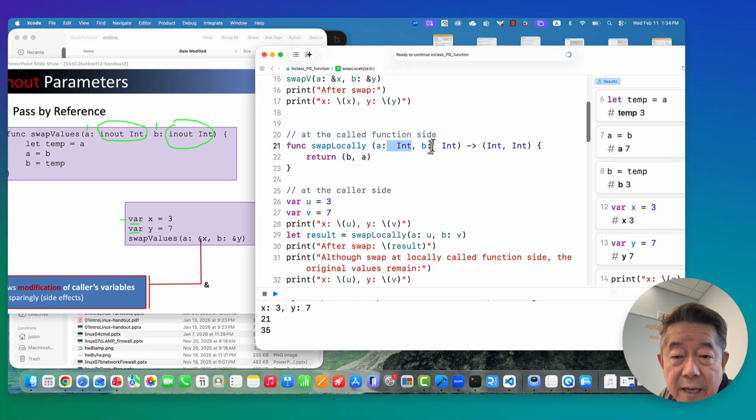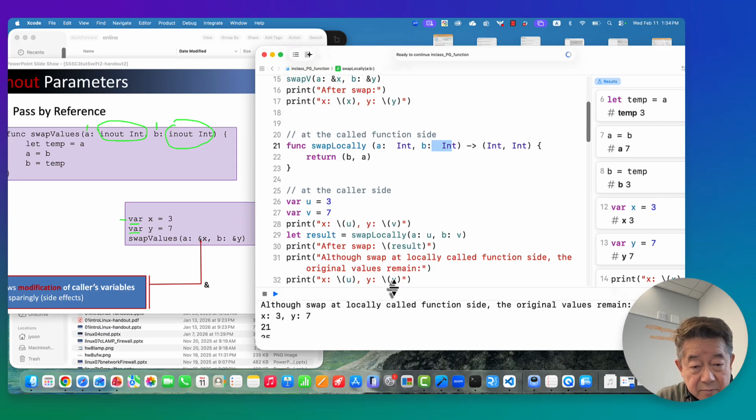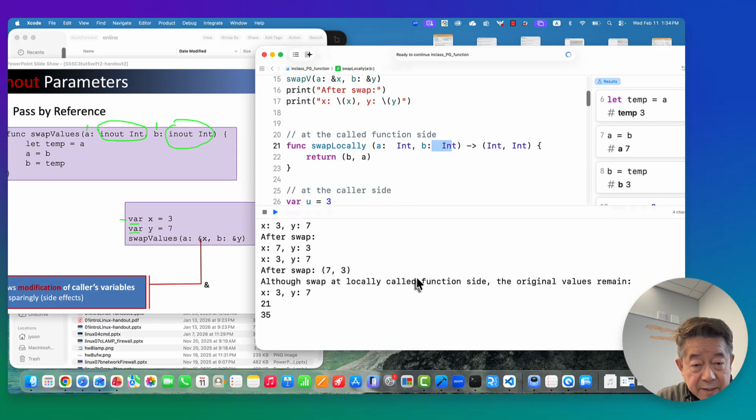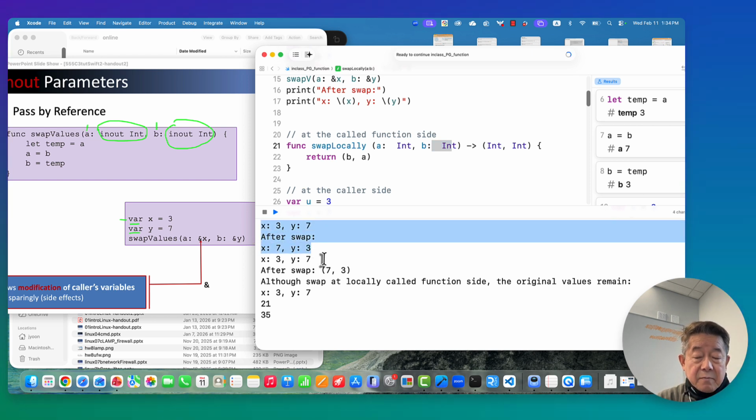When I receive this A and B, I simply return it reversed the other way, right? B and A. So it is returned. So here it is. So first three here, that is using inout, and then the rest here,